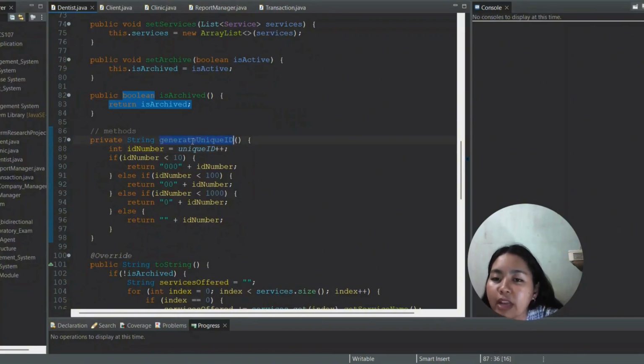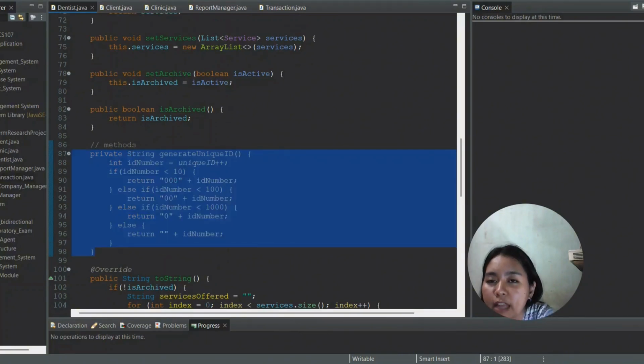Here we have a method for generating the unique ID, so let me explain it. The generated unique ID method creates a unique 4-digit ID for each dentist. It starts with the unique ID, which is a static counter that increments with every new dentist.